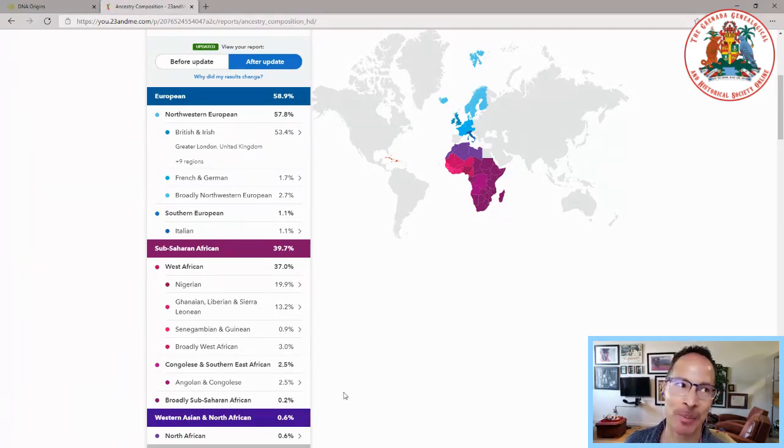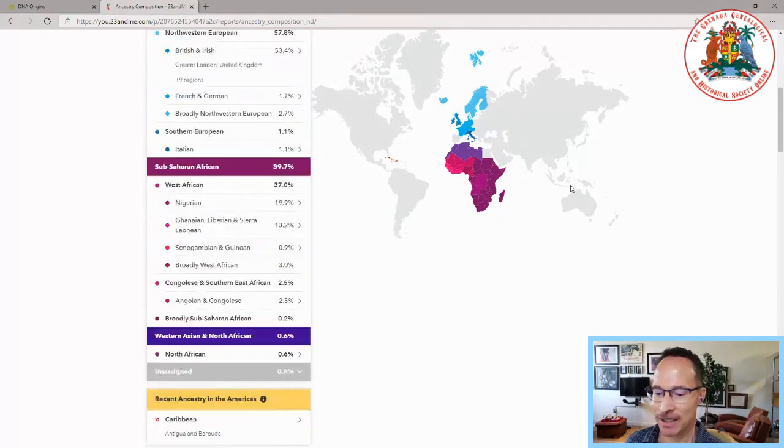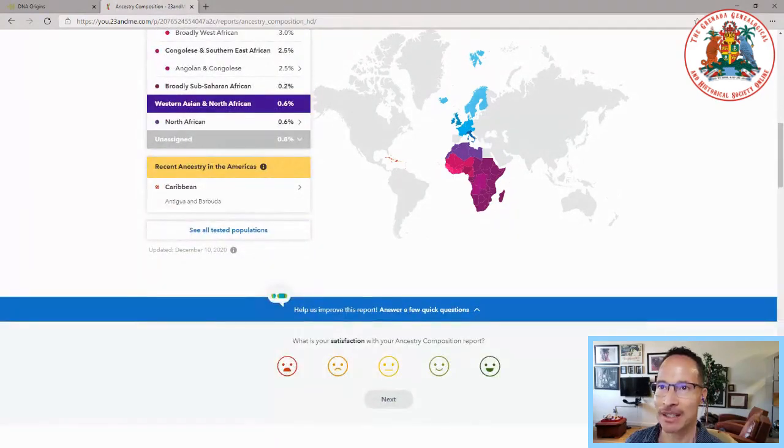This is something that Jada also mentioned. It has to do with the reference populations in different parts of the world that they use to compare your DNA with and make these conclusions. And in sub-Saharan Africa versus Europe, there's an imbalance. There's far fewer people in their reference database for Africa. So these estimates shift and change. All that being said, one thing that is reliable is your recent ancestry.